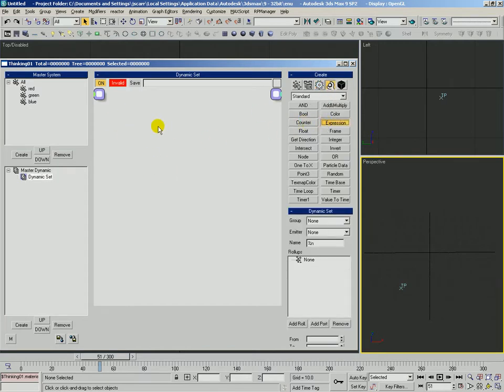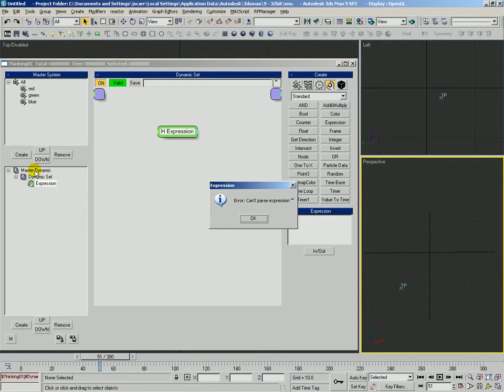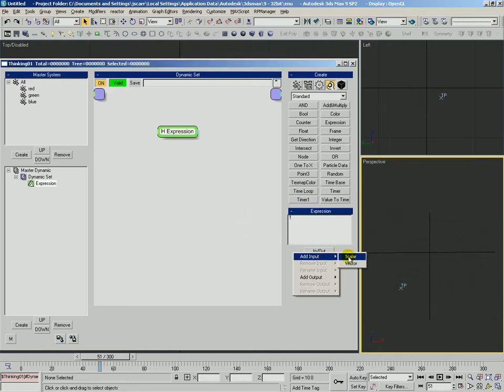And then we've got expression. With expression, our master dynamic edit on the fly is turned off, so it's trying to evaluate this right away. It can't parse an empty expression. We'll just say OK. Expression's great. It allows us to input scalars and vectors. And then we can do things with those calculations. So any kind of scalar calculation, mix it with some vector calculations, and then output either a scalar or a vector. And then of course we can rename these,